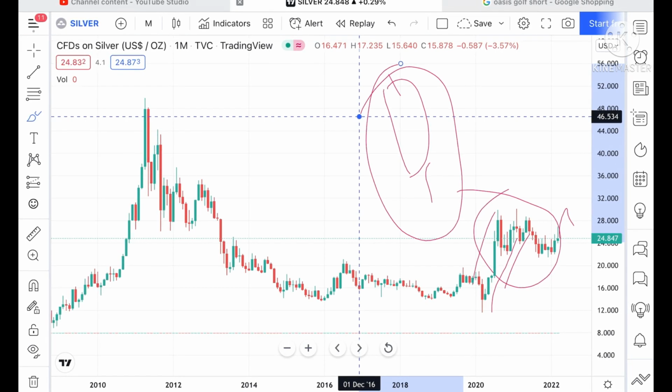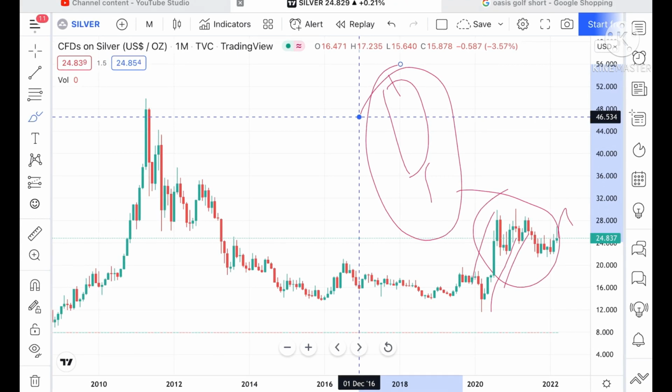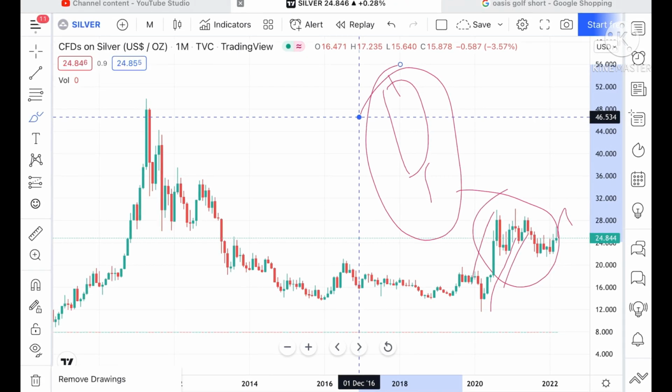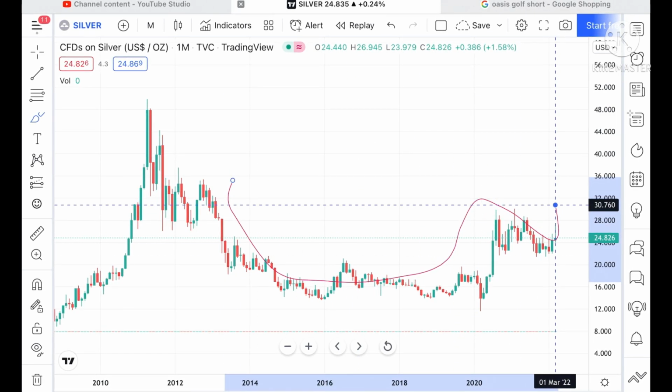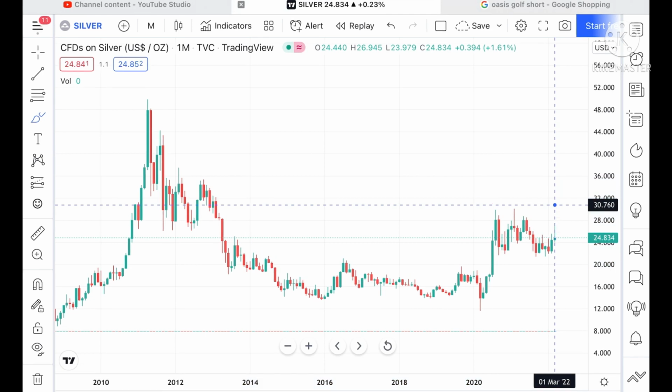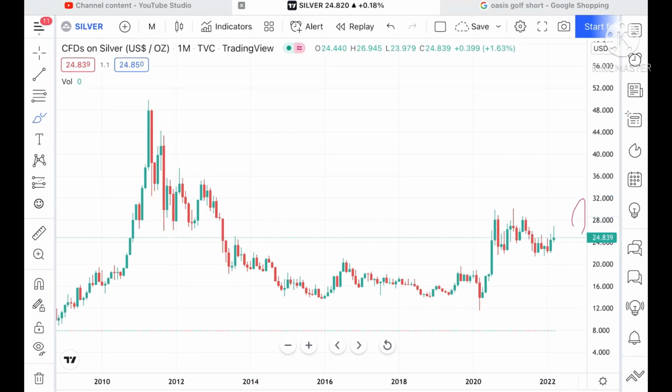Now look at the chart. If you look at the chart clearly, you can see that the price of silver is trading at around 24.837, and if this particular level sustains, we can see a cup pattern forming in this zone. If this level sustains, it can move further upside. Okay, the next resistance is coming at around